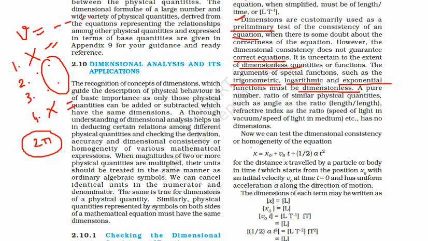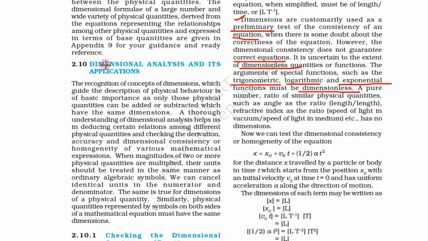A very simple example is that suppose we have the function exponential e to the power E. E is energy. This must be divided by some other quantity which makes it dimensionless. So whether we put half mv square here or any other type of energy, this number must be dimensionless. There must not be any dimension. Similarly, no trigonometric function has a dimension. So also a pure number, a ratio of similar physical quantities, like angle.